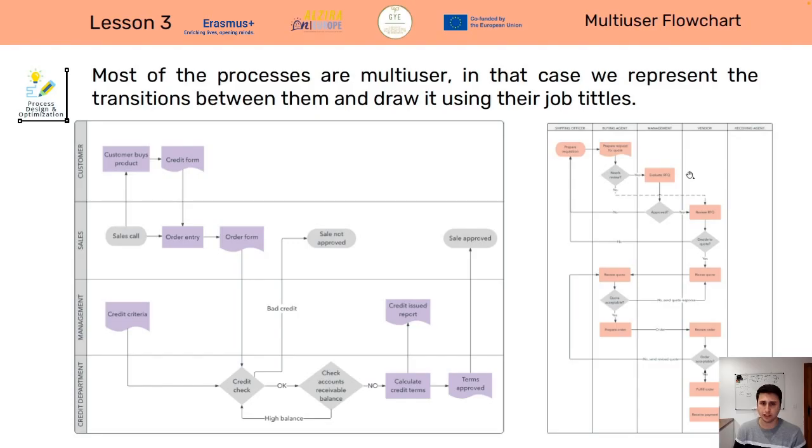What happens if that process involves more than one person? In that case, we can add the job titles that are involved inside the process, and we can draw them both in a vertical or horizontal way, putting the steps under the responsible employee inside the organization.